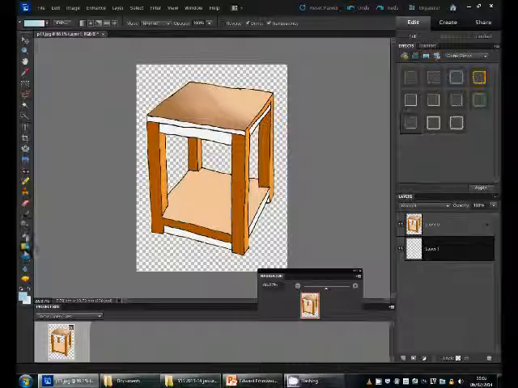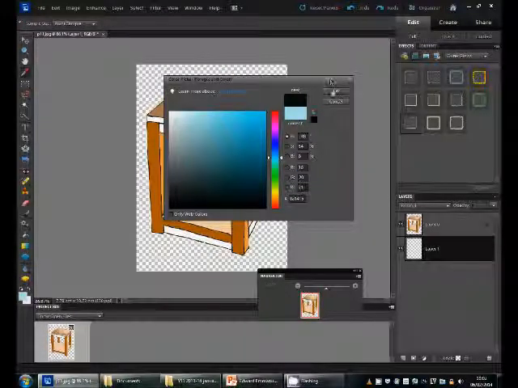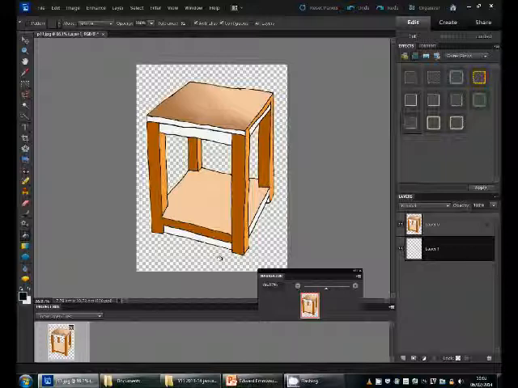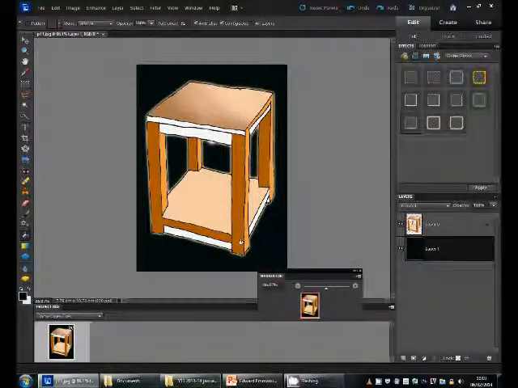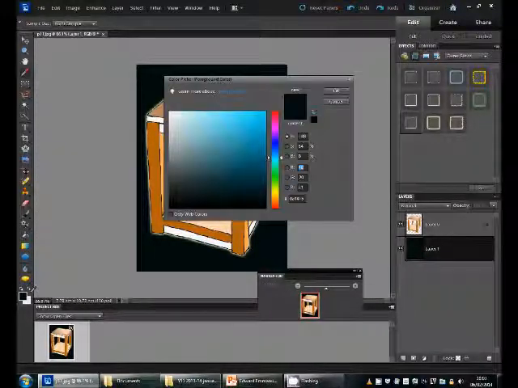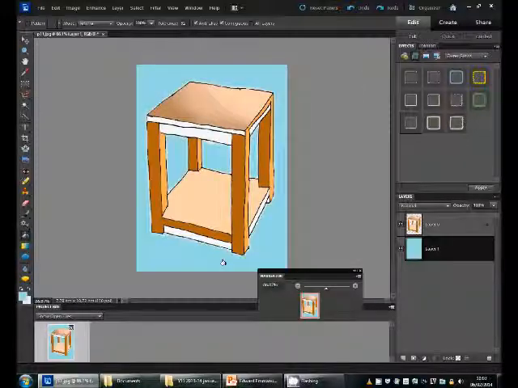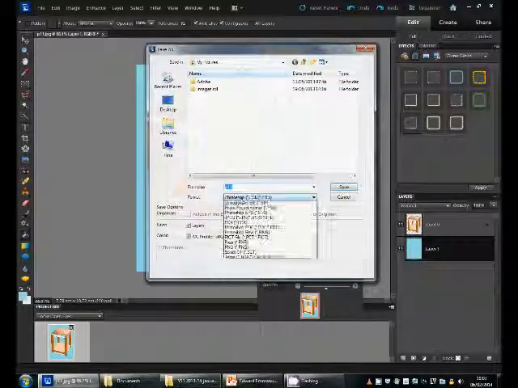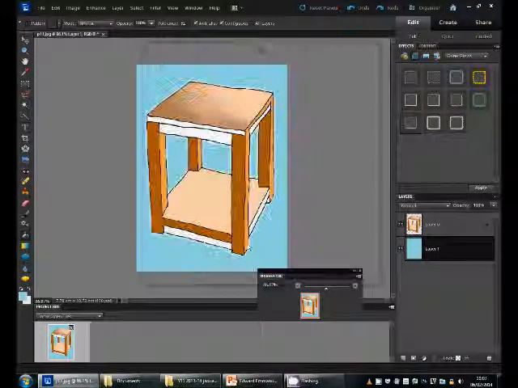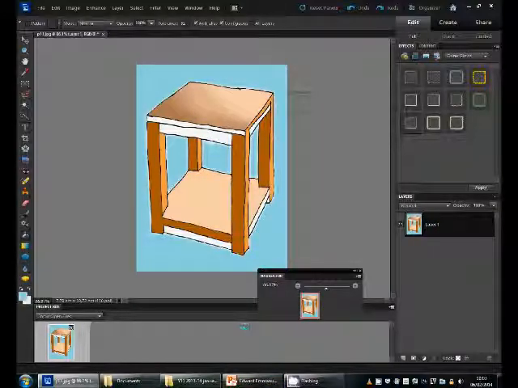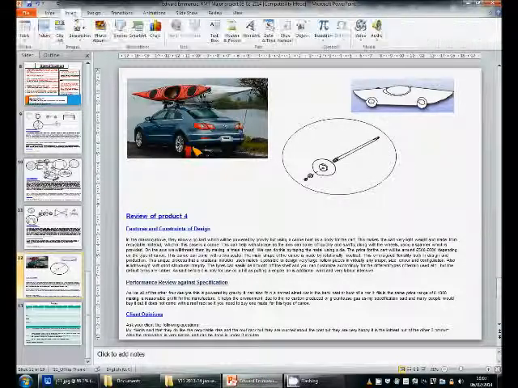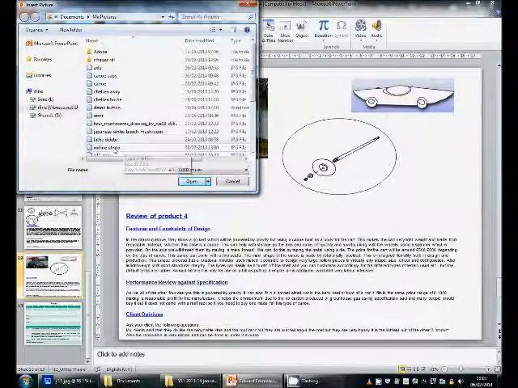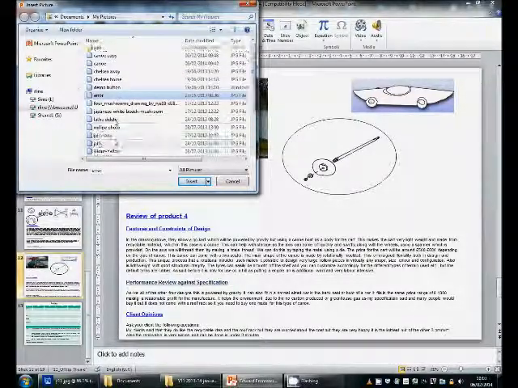If that was darker, just to show how that does look, let's have a dark colour. You wouldn't do this on the background. There we go. So the simple glow there can be quite nice to give it a bit of a pop as well. Okay, I'm going to pick a lighter colour, take it back in. So file, save as, let's save it as a JPEG copy, and okay, we're going to go into our drawing, insert picture, we're going to insert our drawing, which is